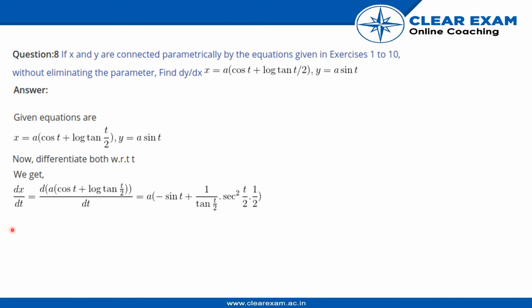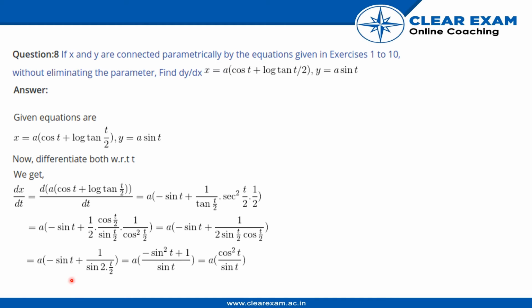We get dx/dt equals d/dt of this thing. a is a constant, so take it common: a into d/dt of cos t, which is minus sin t, plus d/dt of log tan t/2, which will be 1 by tan t/2 into sec square t/2 into 1/2, using the chain rule, which is further reduced to a into minus sin t plus 1/2 cos t/2 sin t/2 into 1/cos square t/2, one cos cancelled, and this is reduced to 1 plus,